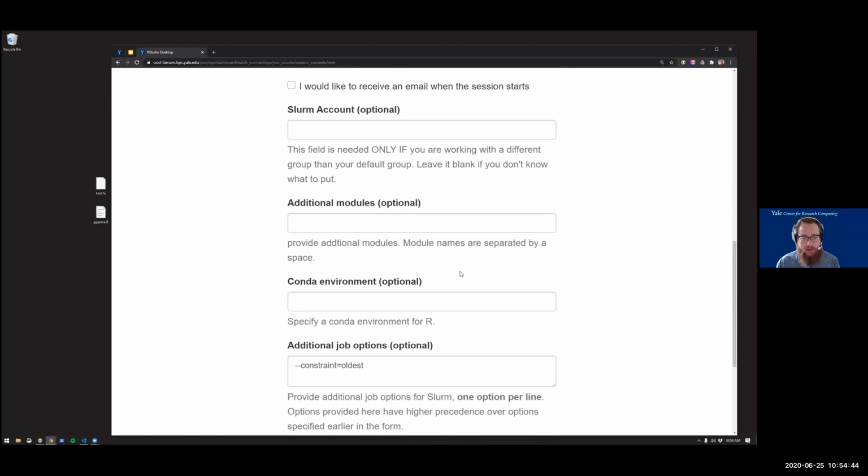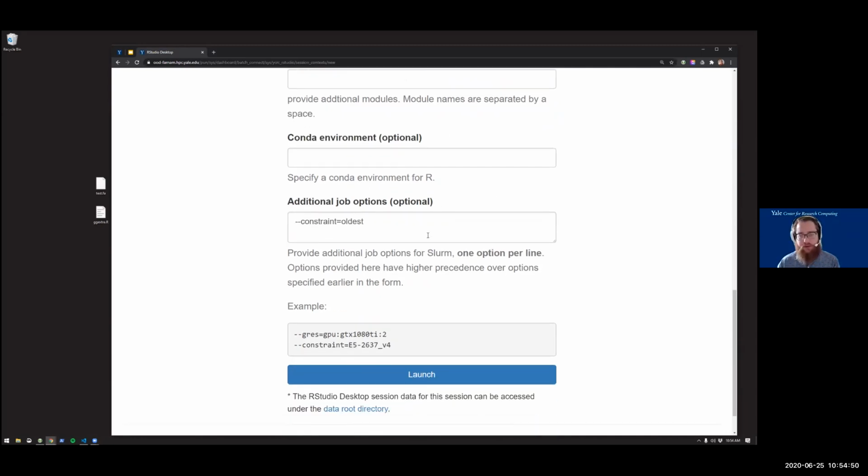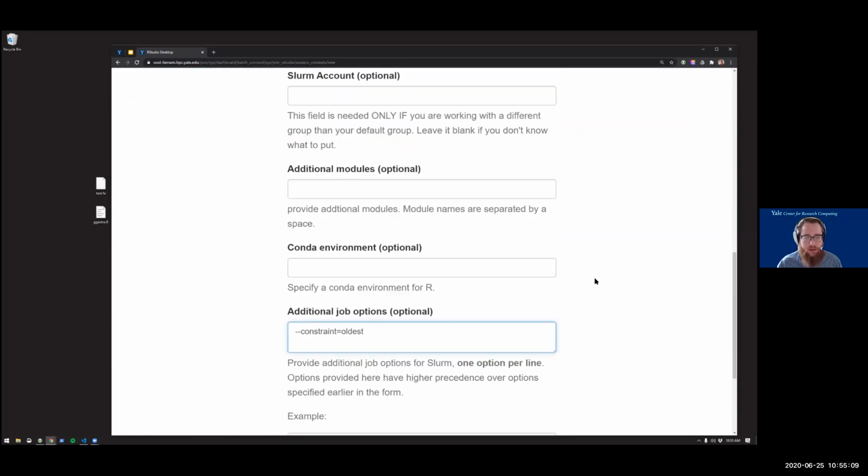I'm not going to talk about these. They don't matter for most folks. If we're doing special content environments for you, this is a way to configure that. Again, if that doesn't make any sense, just ignore it for now. But the important thing is if I'm installing a new R library, I just want to make sure that I put this option in this text box at the bottom. And so after I've filled this out, I'm going to go back and double check.